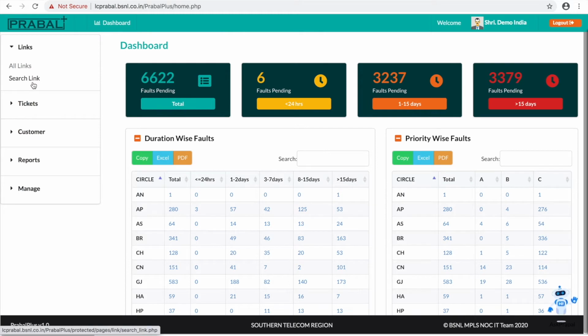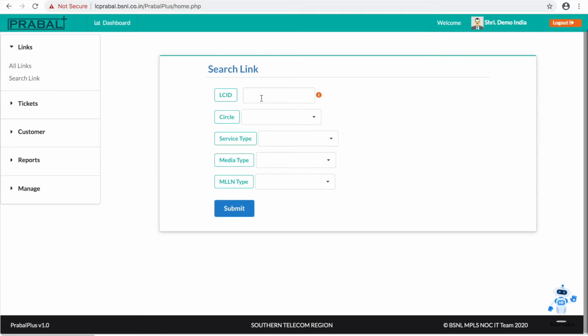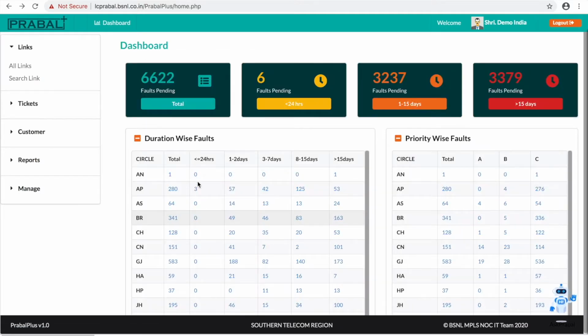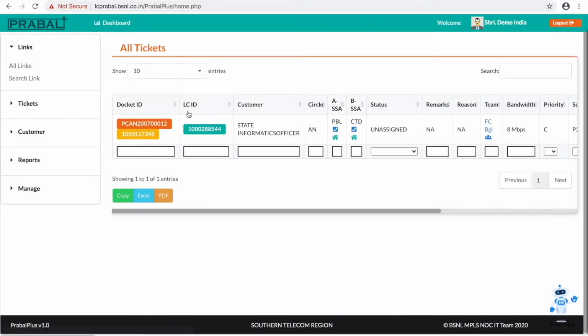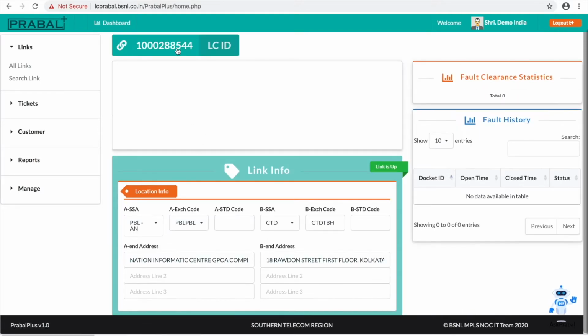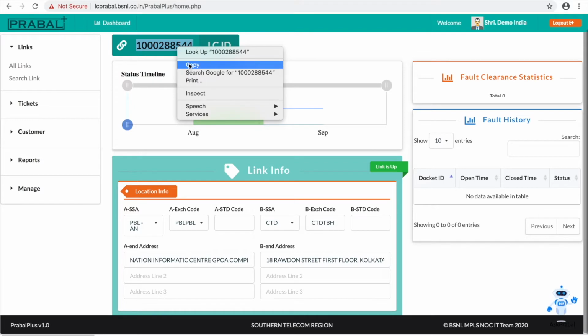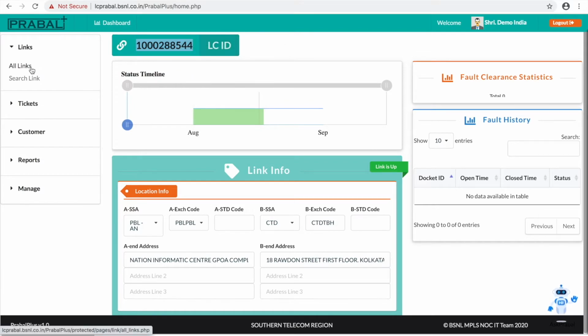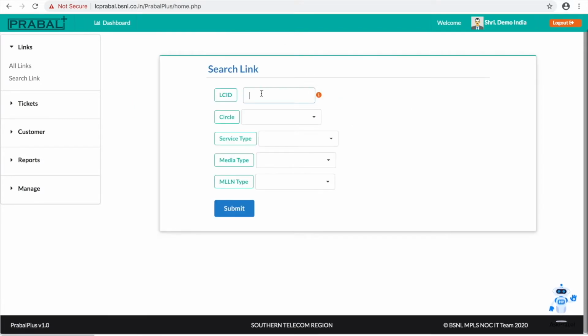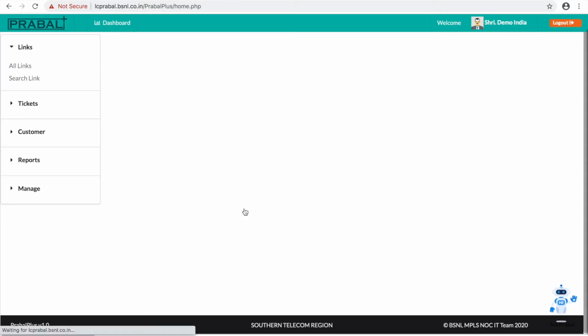Then if I want to specifically search a link, I can click the search link and give the LCID of the link, then I can come to know the status of the link. For example, this is the LCID, I will copy it, go to the search, give the LCID, then submit.